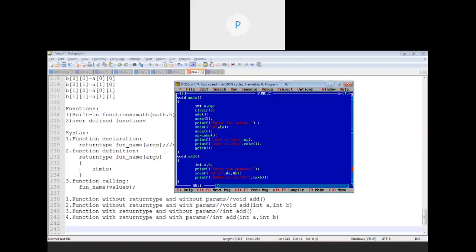Now the next thing, the last one, which is a function with return type and with parameters. Mostly in case of mathematical calculation, this type of function is used. That is the fourth one. Let's see how. If I want to perform division, division always returns a floating point value.